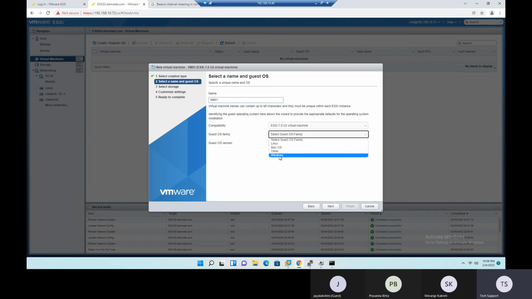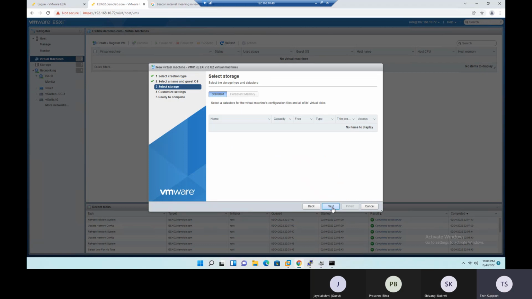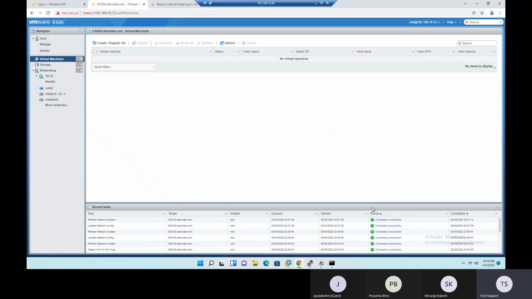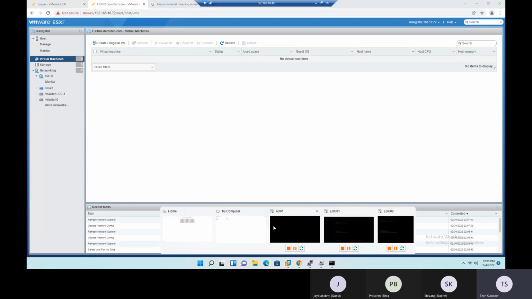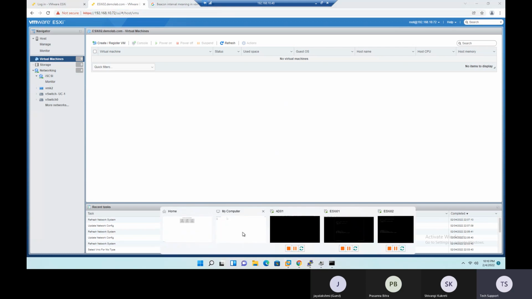Let me select the OS. Let's choose any latest Windows version. Click on next. And here it says no items to display. That means currently there is no storage, because we installed the ESX host on only one hard disk. If I open Workstation, this is our ESX72. If I open the ESX server,